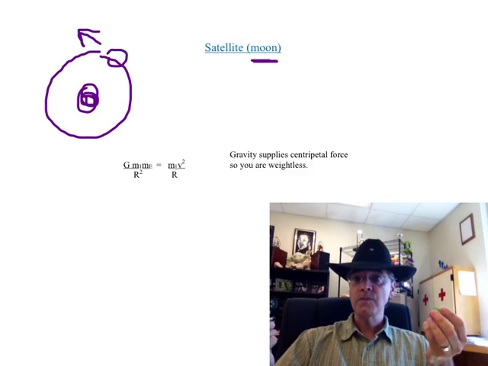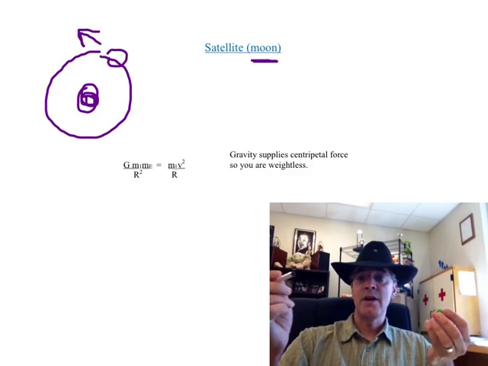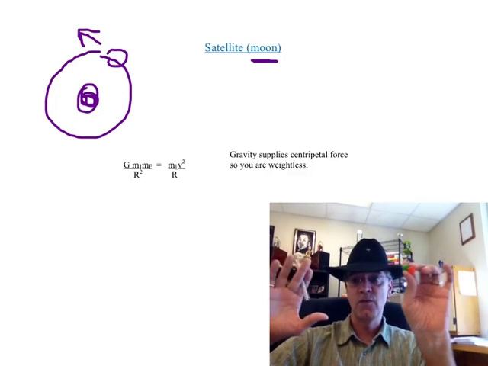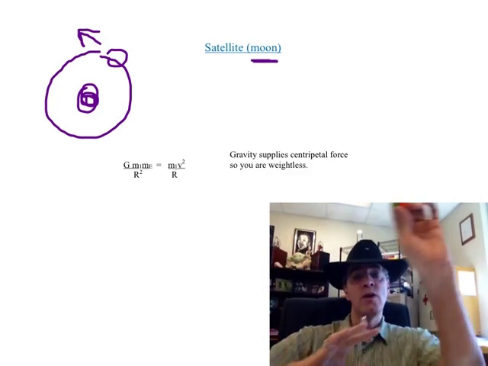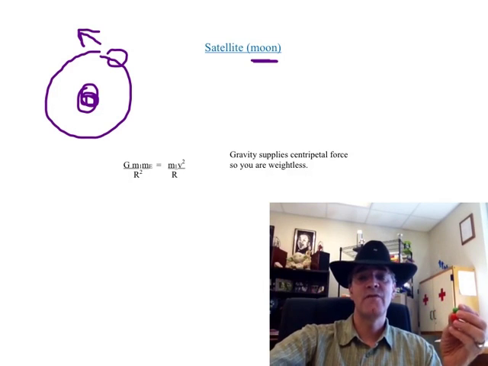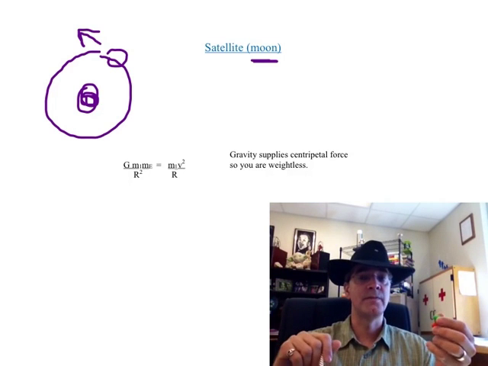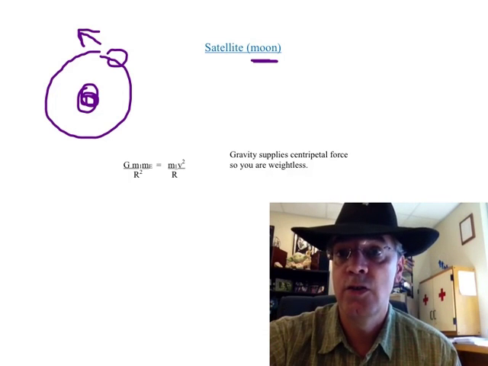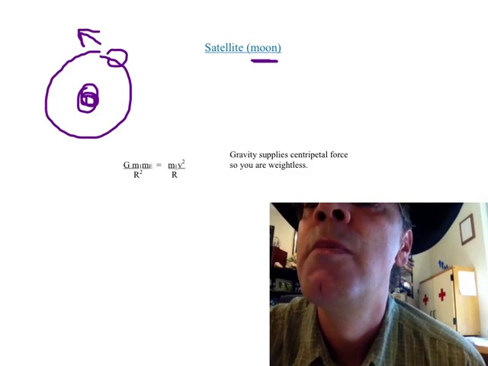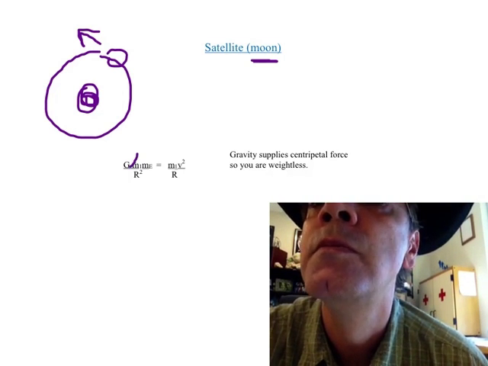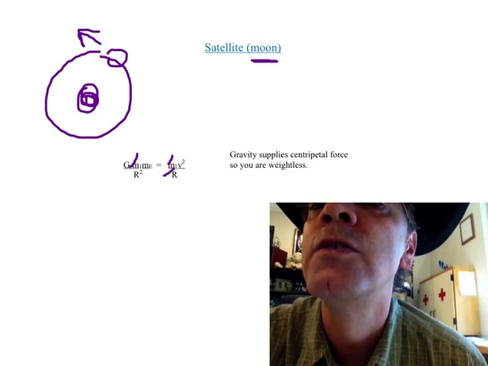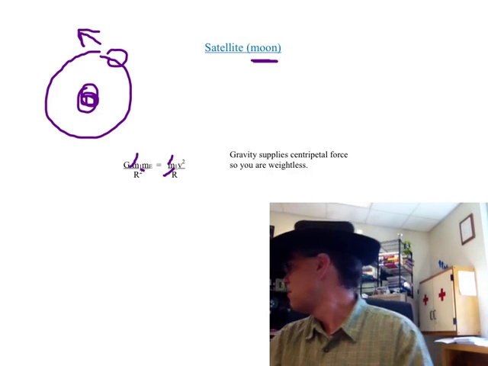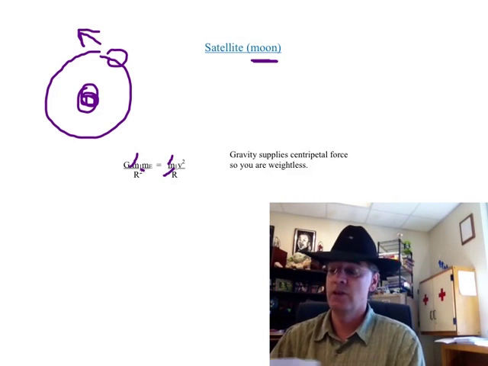In this case, sigma F equals mv squared over r becomes G m1 m2 over r squared equals mv squared over r. It's a gravitational force that's making it go around, but it's not on the surface of it, so we have to use that big equation that we don't use that often. But the nice thing about it is lots of things cancel. So when we do this, we cancel m1s, cancel one of the r's,